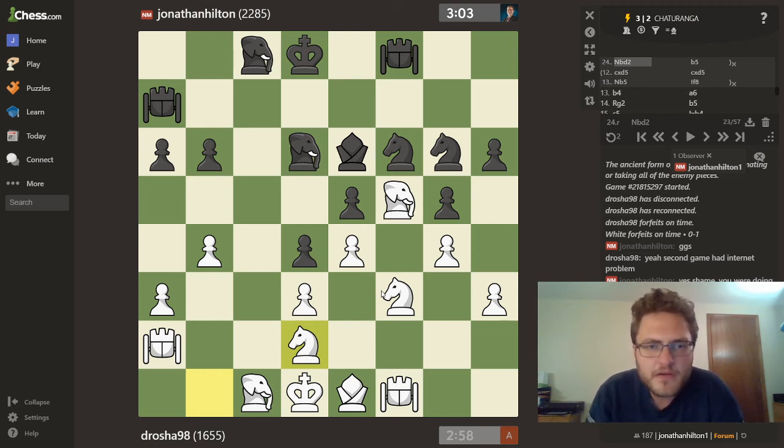So yeah, the question is then, is this forced? Because if so, that's very, very sad for black because it creates a huge weakness. So since knight c5 and knight takes e5 is threatened, what can black do to stop that? Well,